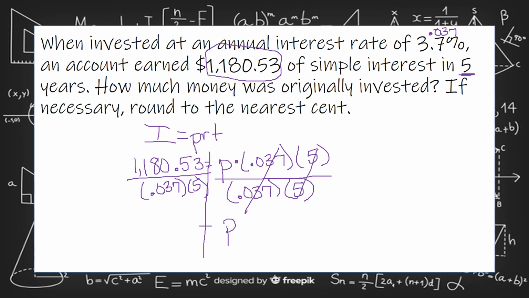Okay, so when I divide, if you're typing it in the calculator on the computer, you want to divide by 1.0.037, hit enter and divide it again by the number of